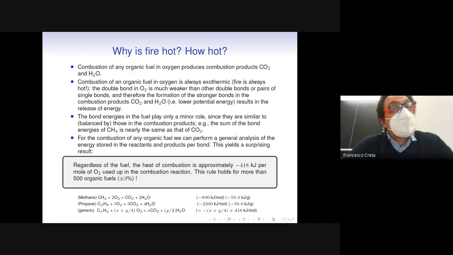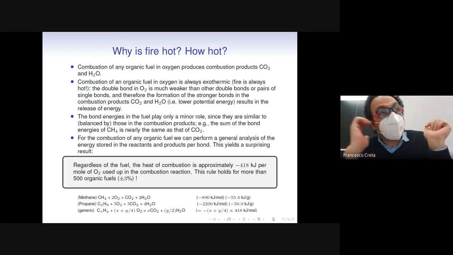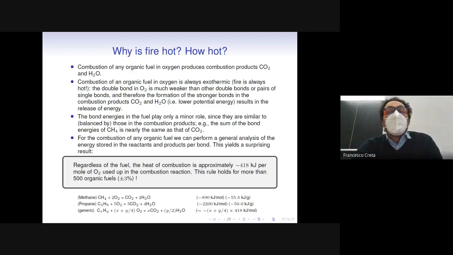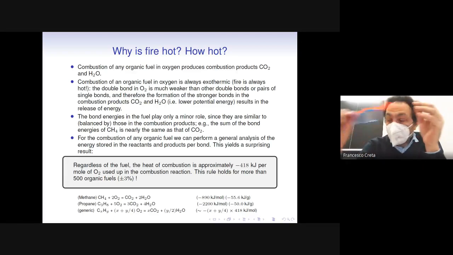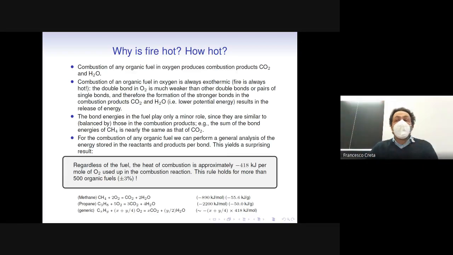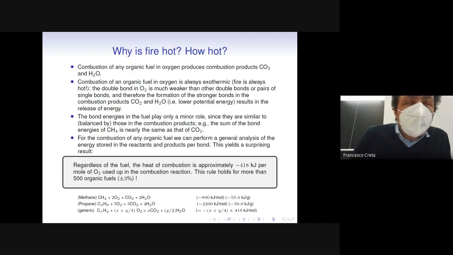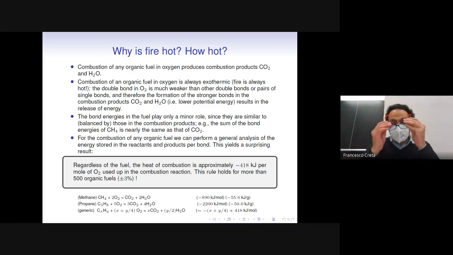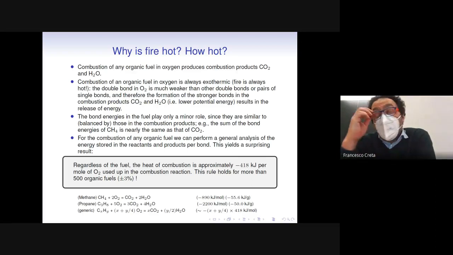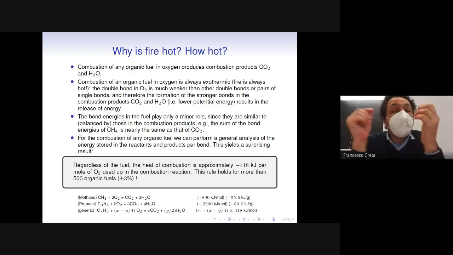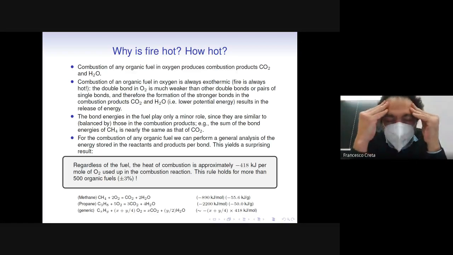Now, that's very important because that means that there is no magic fuel. We don't have a fuel that is much more powerful than another one. More or less, when you burn the unit mass of a hydrocarbon fuel, you always get more or less 50 kilojoules per gram of heat being released, which has huge implications for energy devices and transportation devices, if you think about it, because